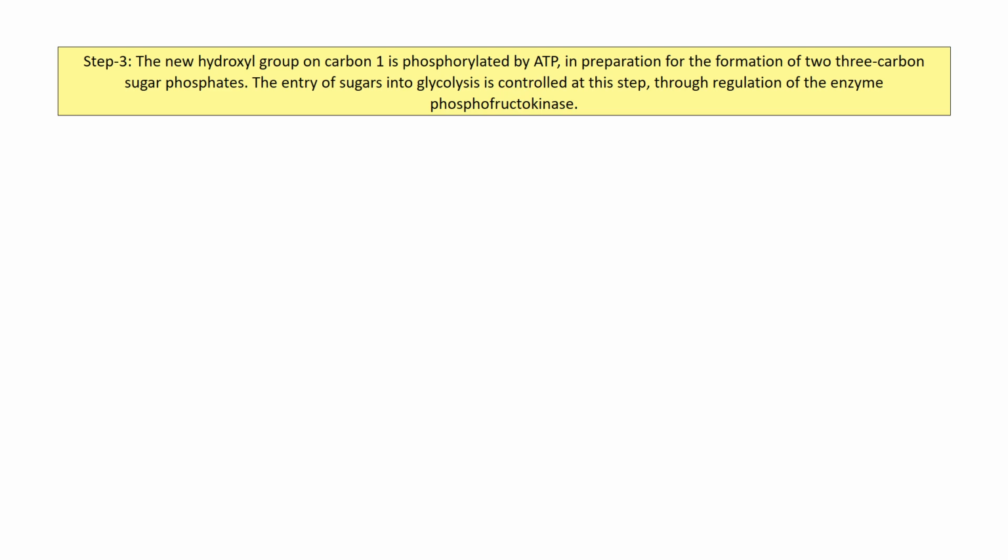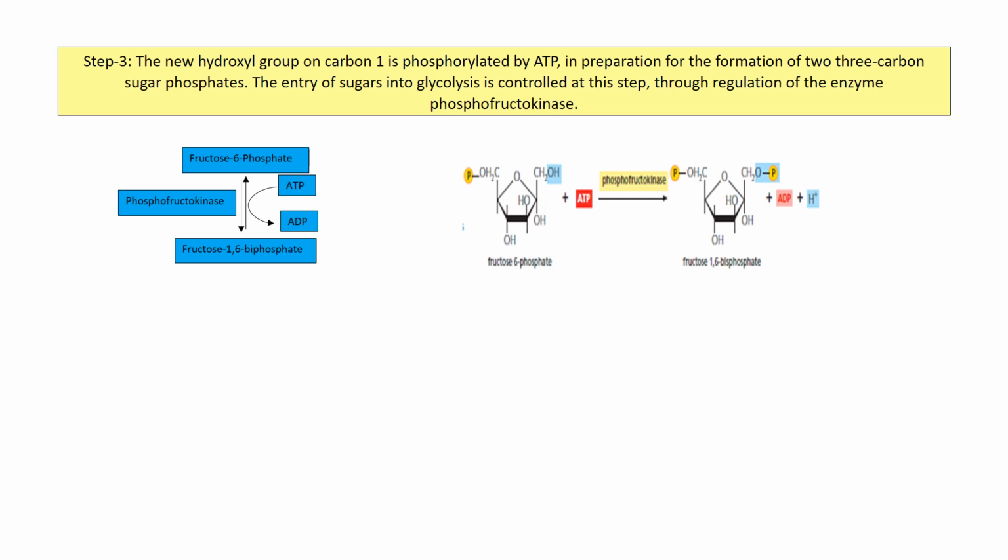In step 3, the new hydroxyl group on carbon 1 is phosphorylated by ATP in preparation for the formation of two 3-carbon sugar phosphates. The entry of sugars into glycolysis is controlled at this step through regulation of the enzyme phosphofructokinase. Fructose 6-phosphate in the presence of the enzyme phosphofructokinase and an ATP molecule forms fructose 1,6-biphosphate and releases 1